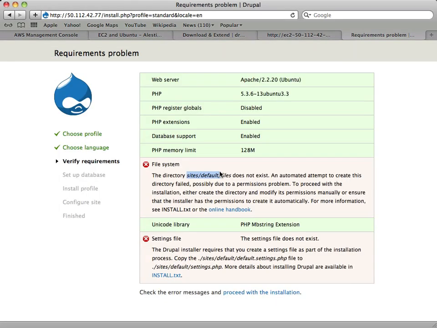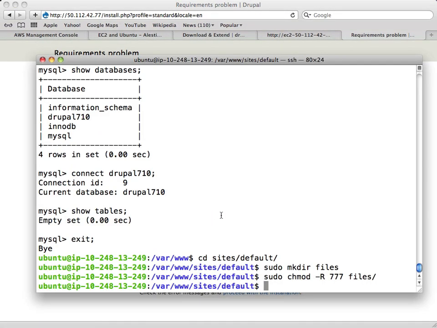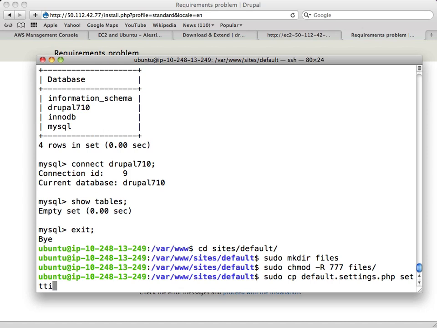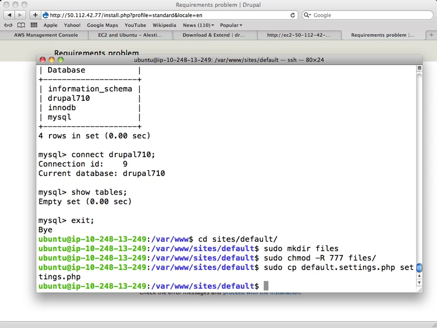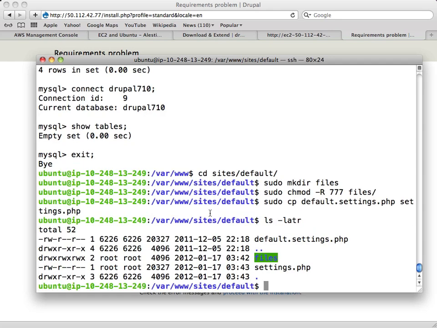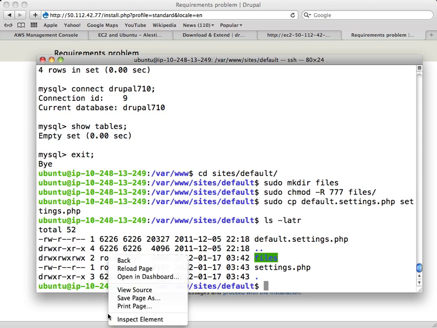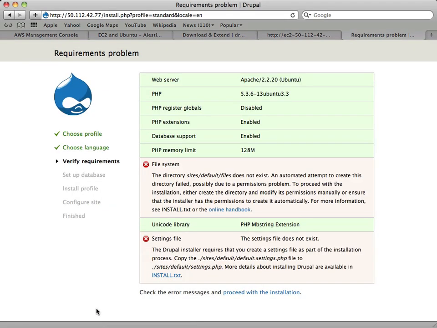Then default settings. Let's see if this works.